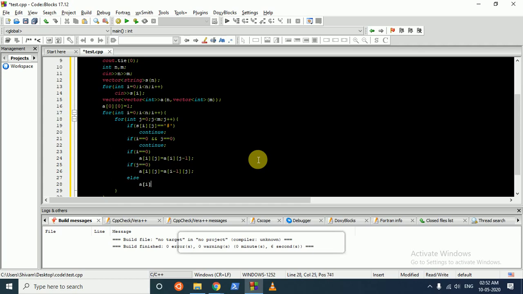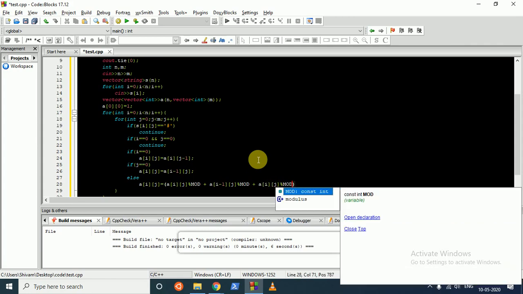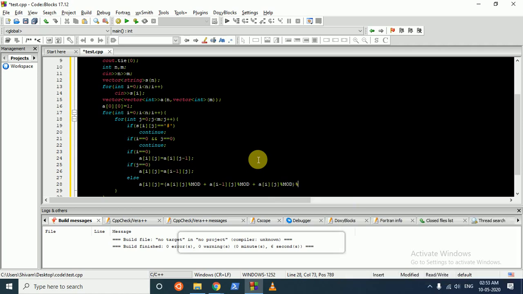So a[i][j] is equal to a[i][j] mod, then add a[i minus 1][j], which is the top value, do a mod of it, then take the left value, take a mod of it, and then take the whole mod.